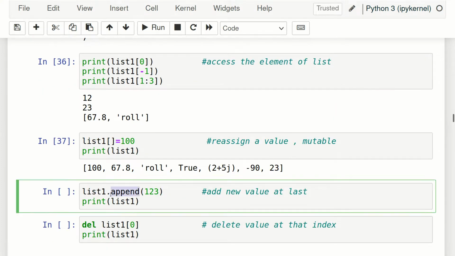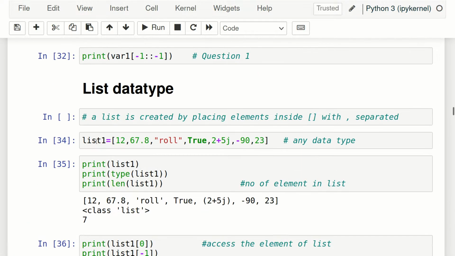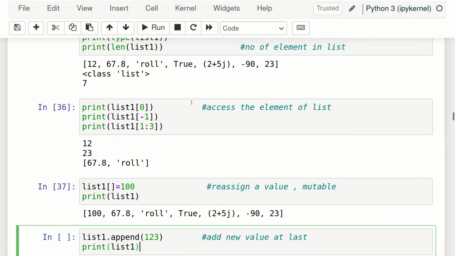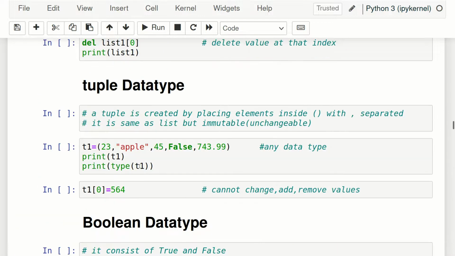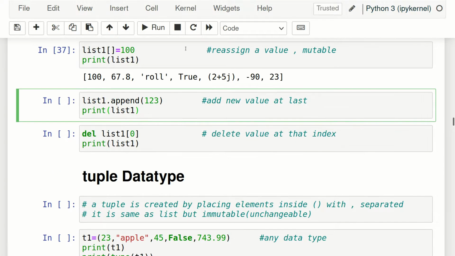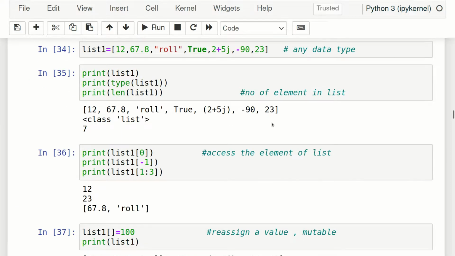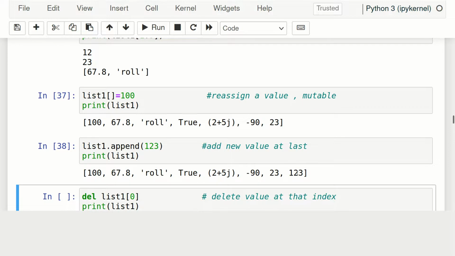Append will add a new value at the last position. You just give the name of the variable, list1 dot append, and whatever value you want to append. Suppose I want to append 123, so let's run it. Now we can see initially the list was up to 23 only, and now 123 has been added.